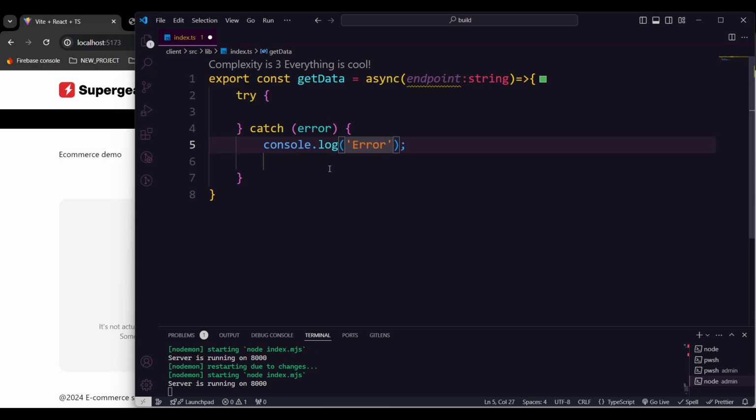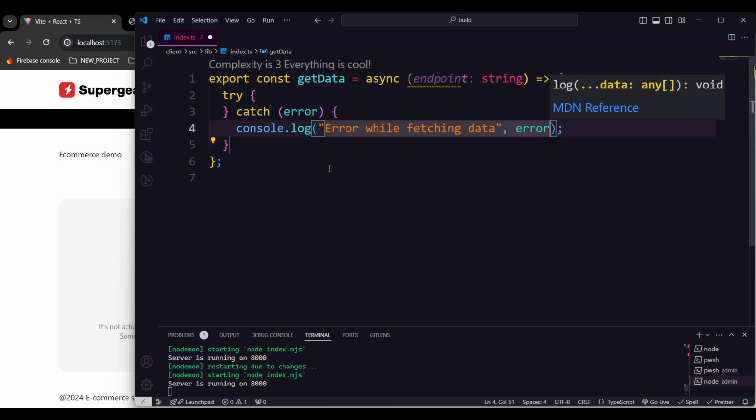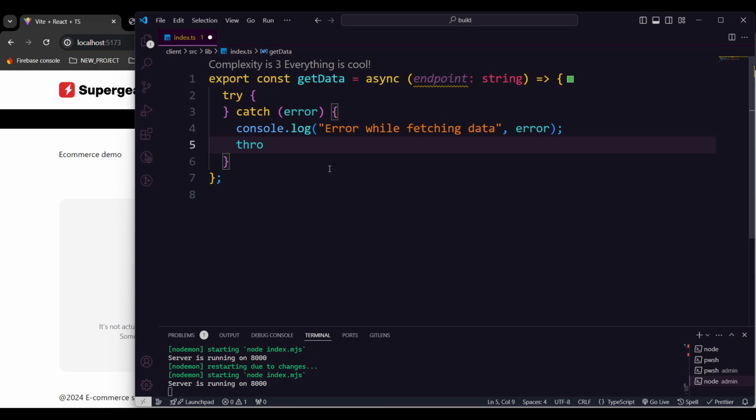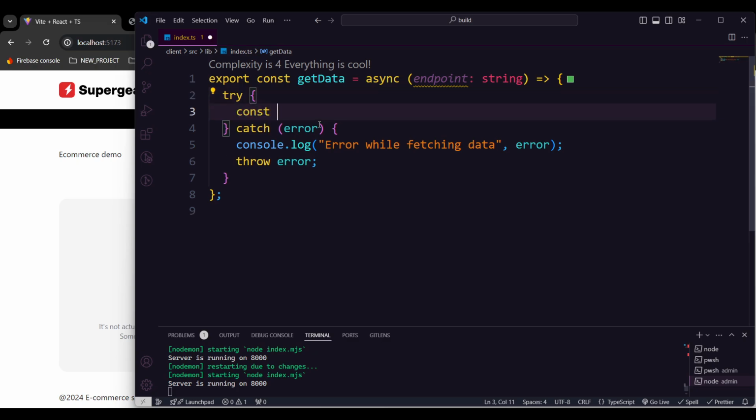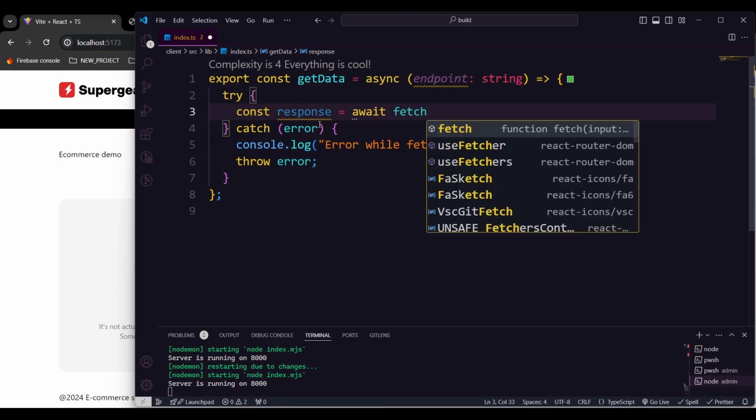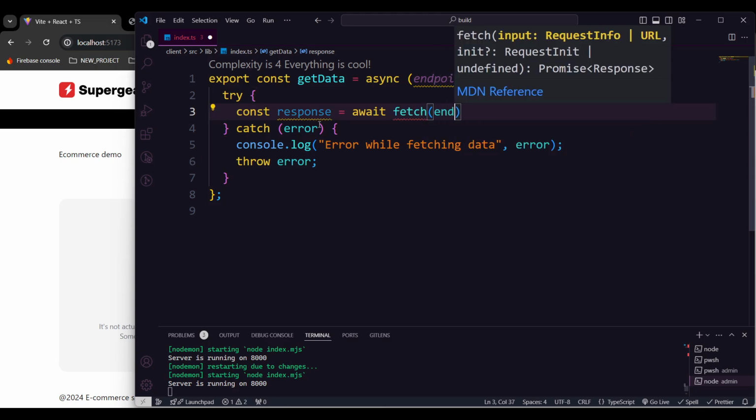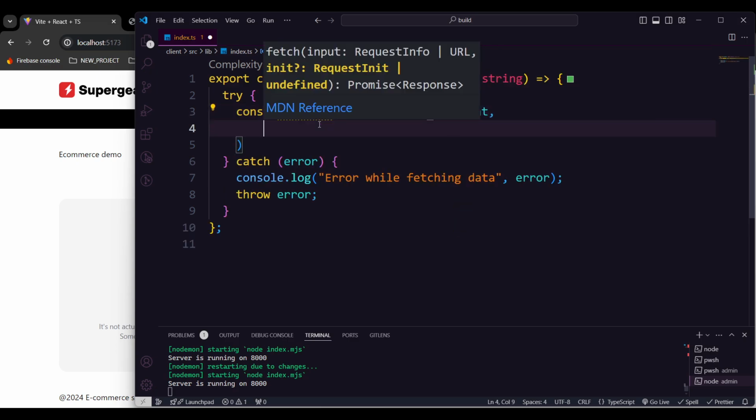So error while fetching data, and we are going to pass the error, and we're gonna also throw the error if we are having any problem, like we cannot access that data or something else. So now I'm gonna make that response here, and it should await. We will use the fetch functionality here, and first we're gonna pass that endpoint, and whenever it's gonna hit with that method,